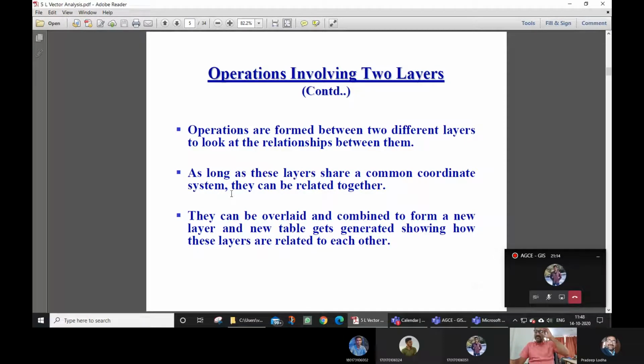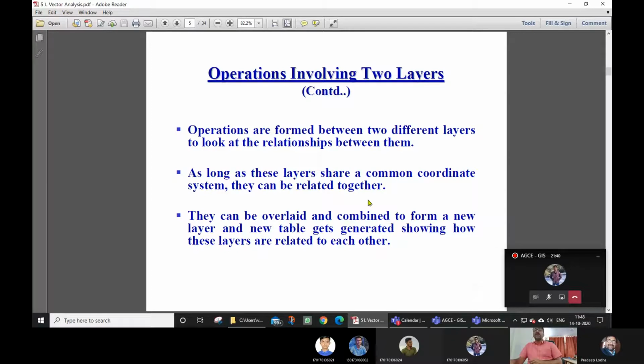There are many coordinate systems available in all this GIS software. If the coordinate systems are different, then matching them one above the other while performing the operations is difficult. So both layers should have the same coordinate system. That is one of the important points.